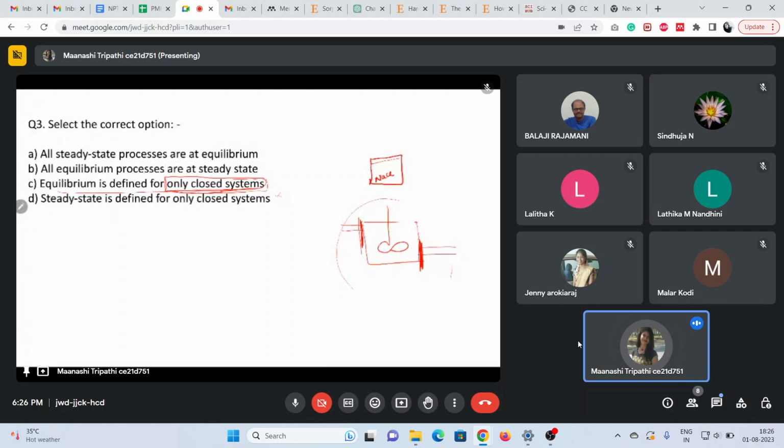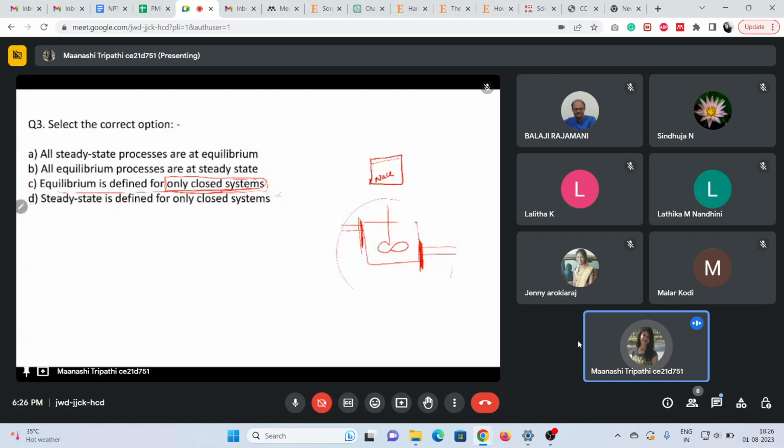Let's go to the next question. This is also a numerical type of question. Here benzene is dissolved in water to form a solution of 1 liter with a concentration of 55.6 moles per liter. The initial concentration of benzene in pure organic liquid form is 800 milligrams per liter. Calculate the mole fraction of benzene in the given solution.